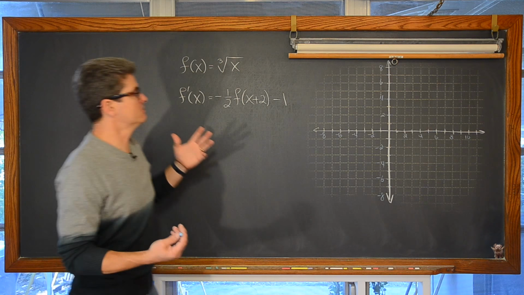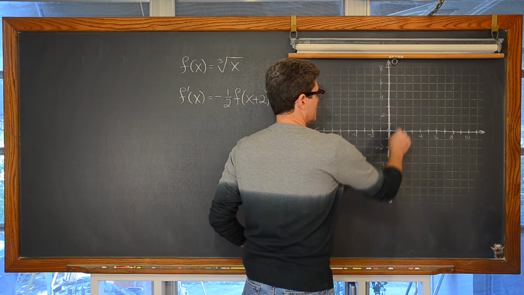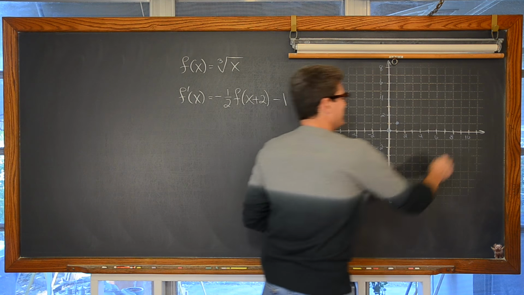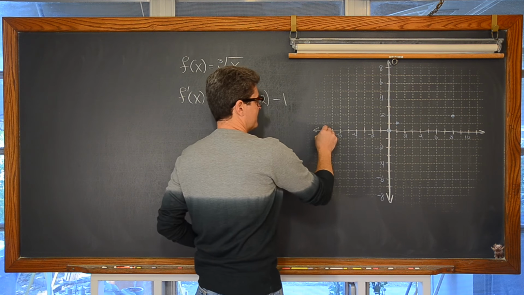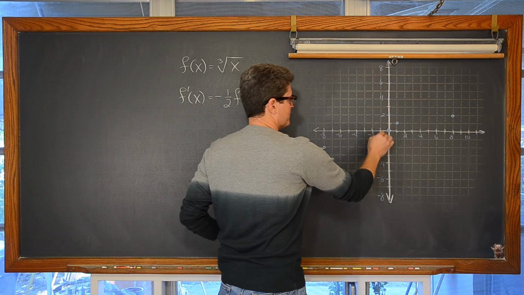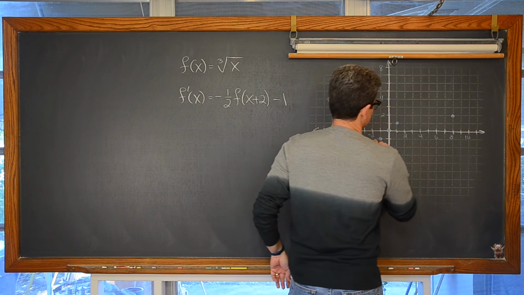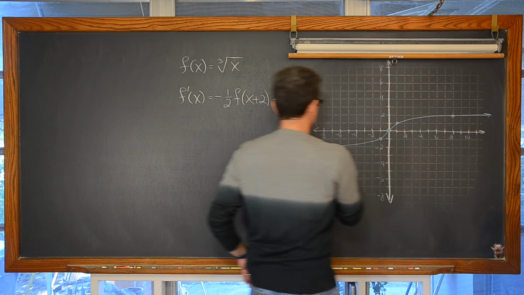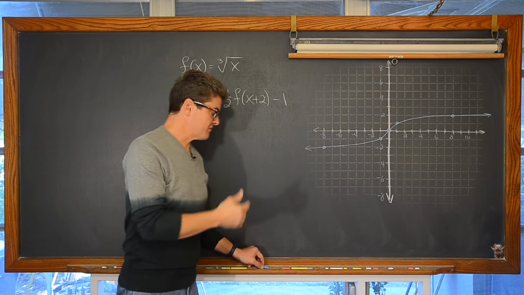In the cube root, well, the cube root of 0 is 0. The cube root of 1 is 1. The cube root of 8 is equal to 2. And therefore, the cube root of negative 8 is going to be negative 2, and the cube root of negative 1 is negative 1. So this is what our parent function looks like. Its domain and range is all real numbers, both for x domain and y for range. That's what the parent function looks like.